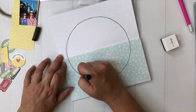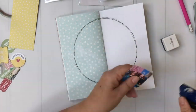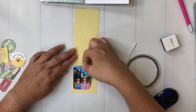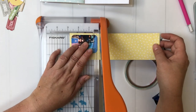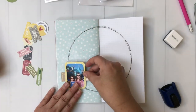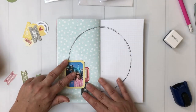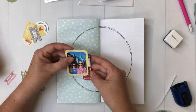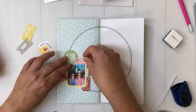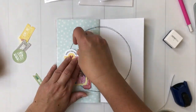So I looked for a page in the Simple Story that had one of those half pattern spreads, and I used my compass to draw a circle and three different sizes of black pen to make the circles, and I freehanded those because I wanted them to look a little bit loose. I wanted it to be like a really good circle, but not as clean as if it was drawn with the compass. So I'm choosing some die cuts from the Cocoa Daisy Farmers Market kits from August 2019,